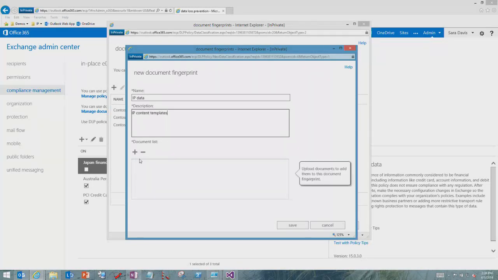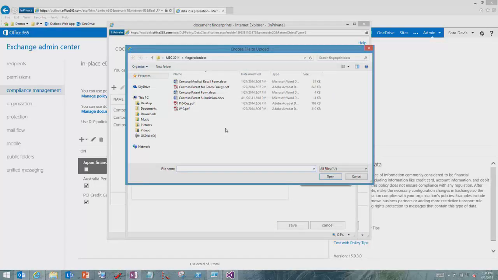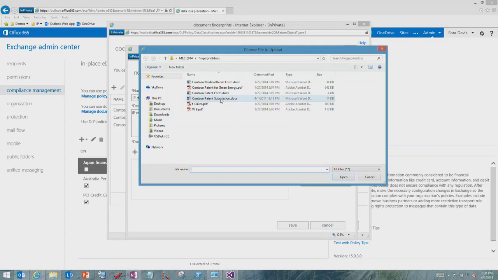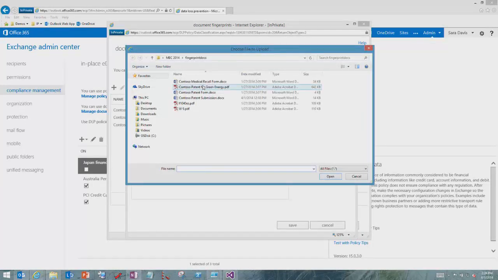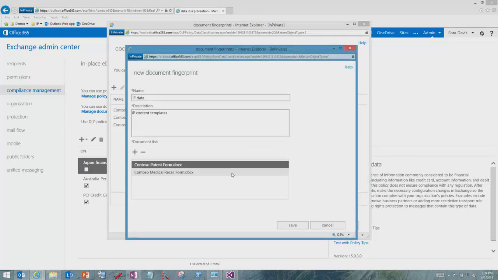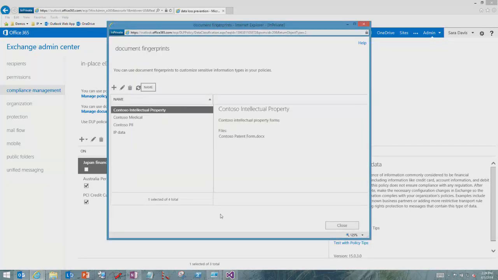And then select a file in the system that contains your fingerprinting templates. So here I have something called Contoso patent form. We'll open that up. You will generate the fingerprint, and you can add other content to this as well. So you can add other files, for example, medical form as well. This will generate a bunch of fingerprints and save them as IP data, and then make them available within sensitive